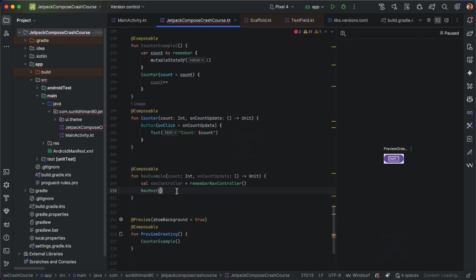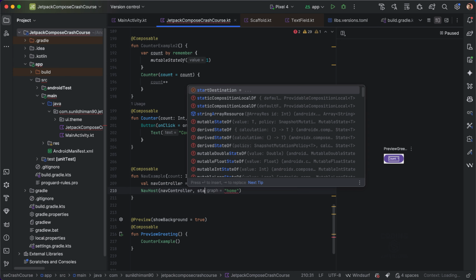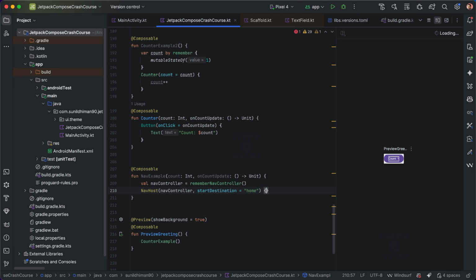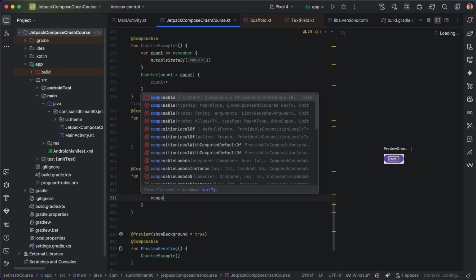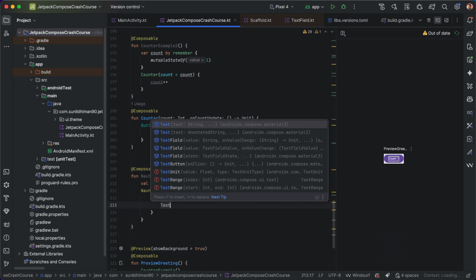Okay, and then we need to pass some route here. Let's say we have two routes and the start destination is home. We need to pass the nav controller and start destination, and then inside this we use the composable to define all the screens or targets here. For all the destinations we define the screens here. Let's say this is for home, we can define anything here like Text, home,